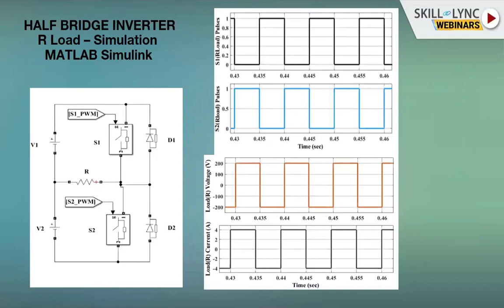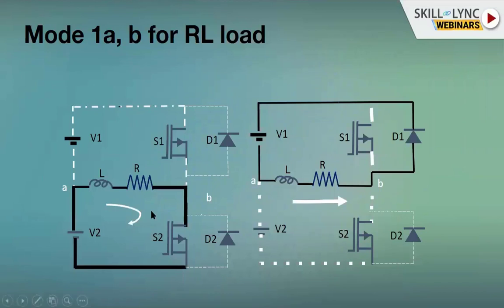To avoid that, we bring in a resonance between an inductor and a capacitor circuit. That is a separate topic to be dealt with in detail. Now we will move to an RL load, because all loads are not resistive in nature. They are going to involve some inductance also. If you talk about a DC motor load or an induction motor, it has resistance as well as inductance effect in it. So if the load is replaced with RL instead of R, what exactly will happen to the working of the circuit? That will be covered in the next two slides.